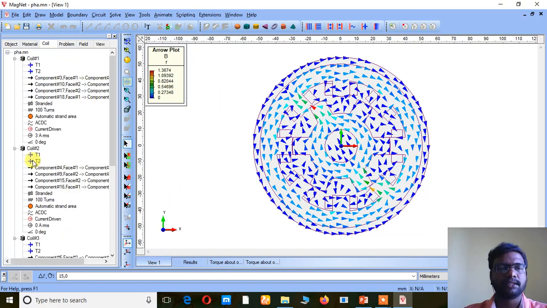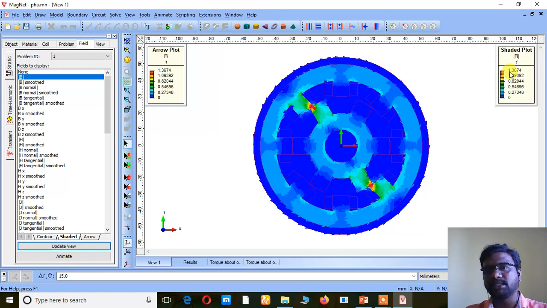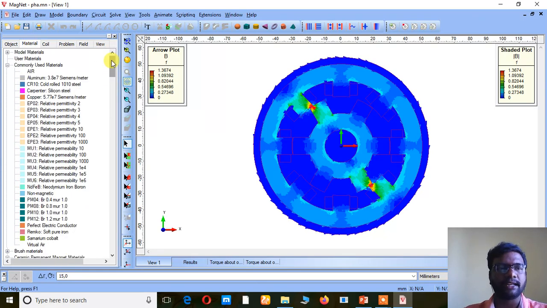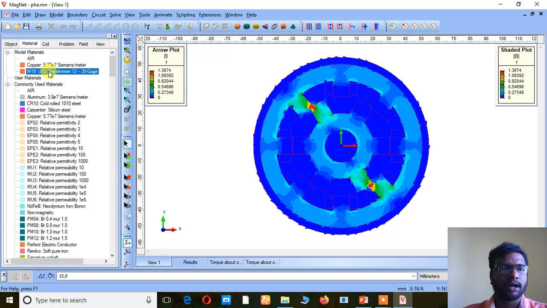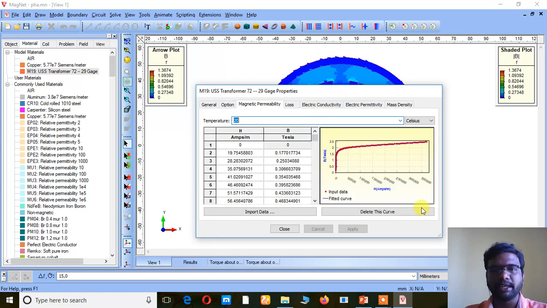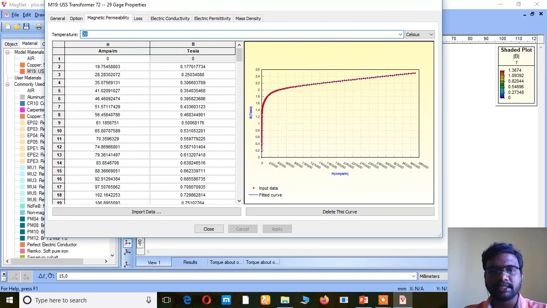And then the next thing is we want to check whether the flux density is correct or not, right? We want to check that the flux density is 1.3. Just go to the material, and what material did we use here? We used M19 material, then right click the properties, go to the BH curve and check where 1.3 is coming here.